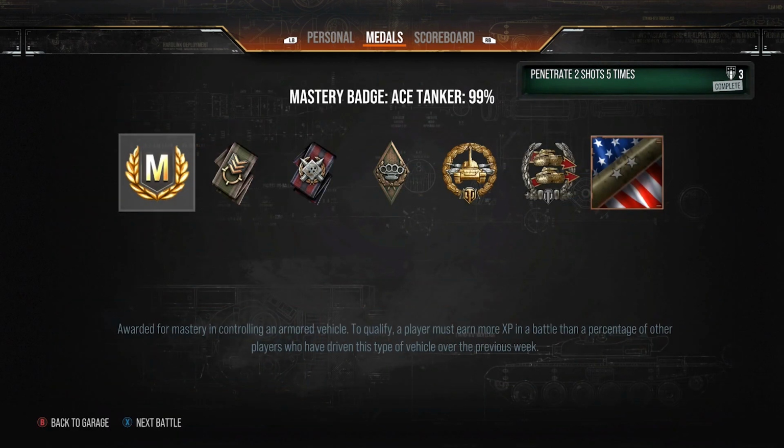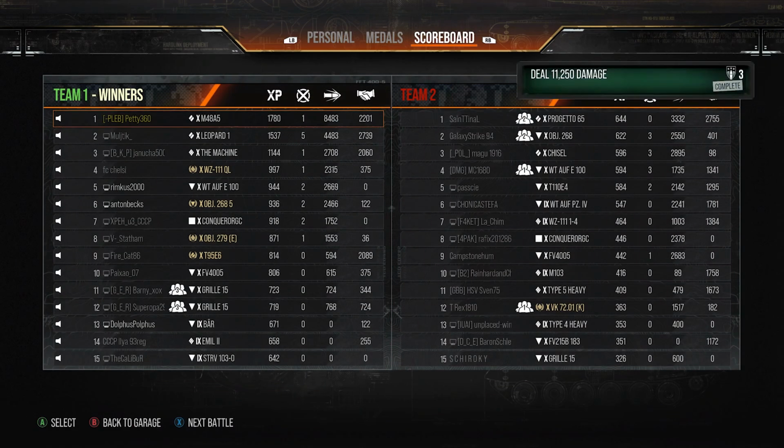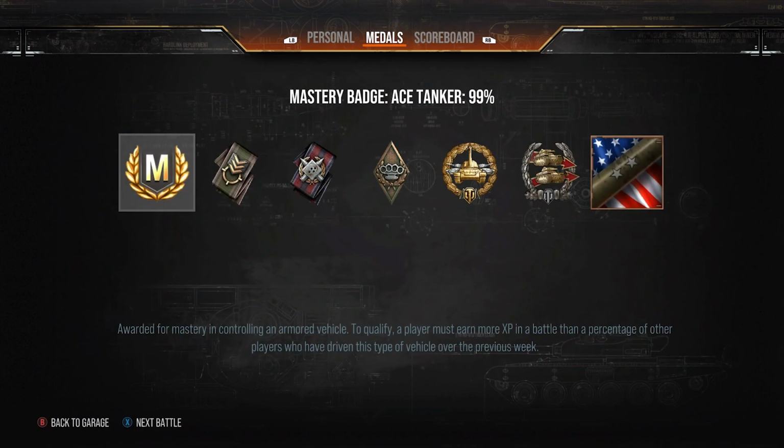Finished with 1 kill, 8.4k damage, 2.2k assist. The Ace Tanker, High Caliber, the Confederate, 1780 base XP. Really nice game for the M48 Patton, 10.6k combined. M48 Patton is an absolutely solid tier 10. It's a lot of fun. It's well worth going for. And what a line to play the